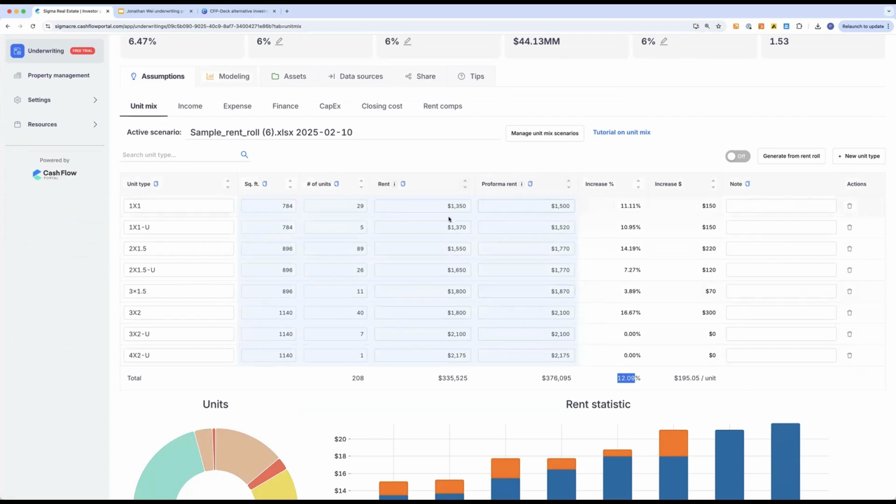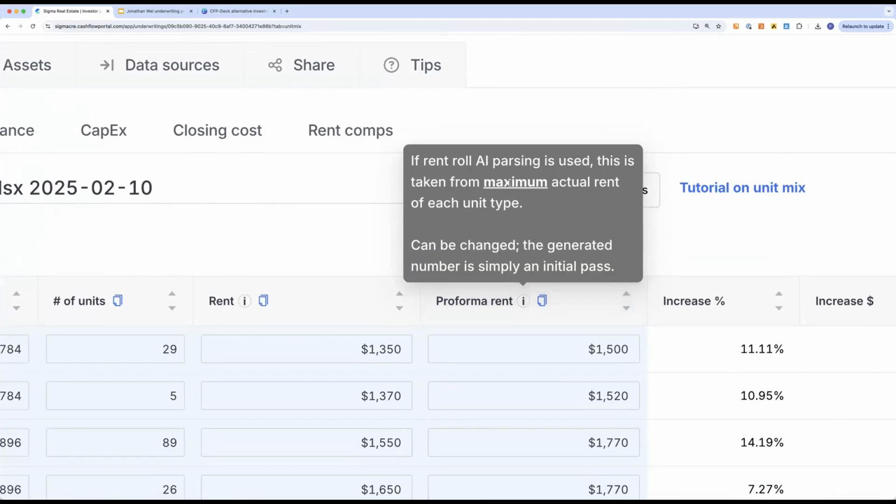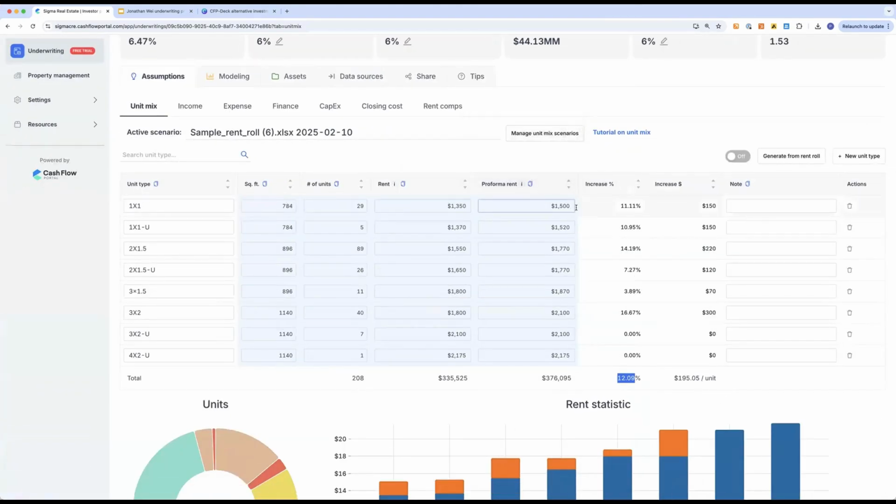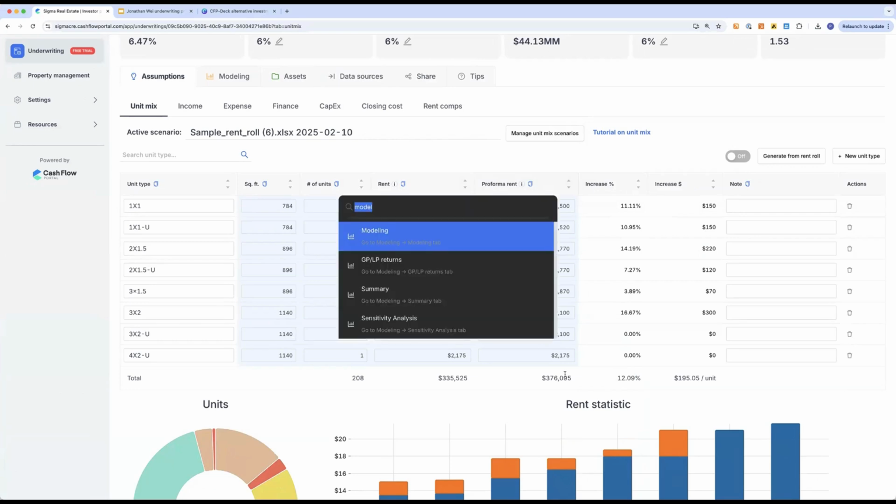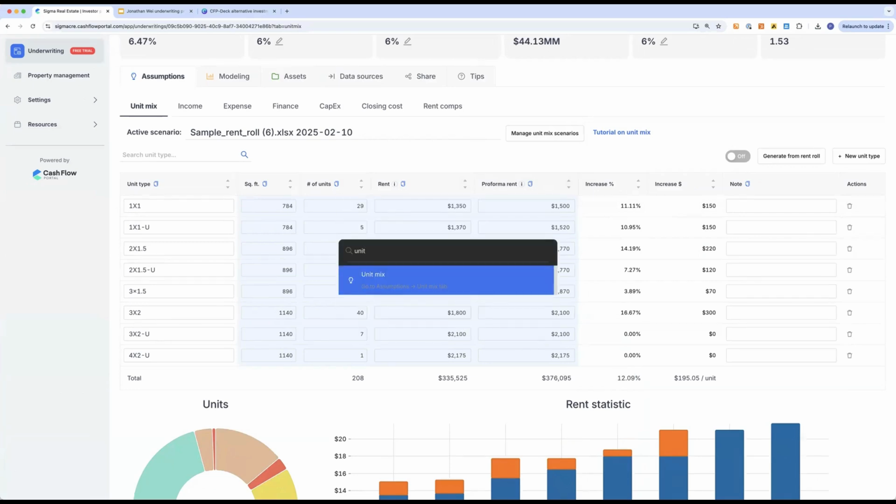Yeah. So the rent here is the median rent. For the pro forma rent, we decided to take the maximum actual rent of each unit type, believing that if at least one unit is renting for this much, you can bring the rest of the units up to that much. If you decide otherwise, there are two parts I want to add to that. The first thing is, let me go into the unit mix.